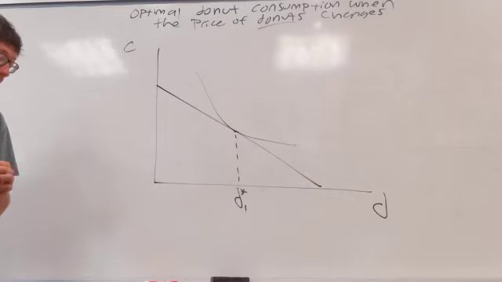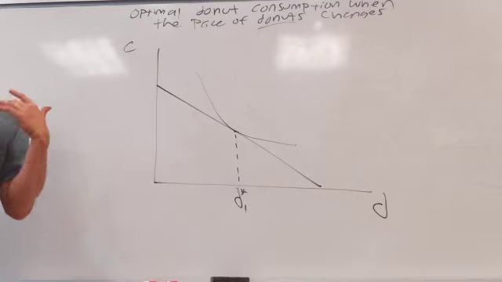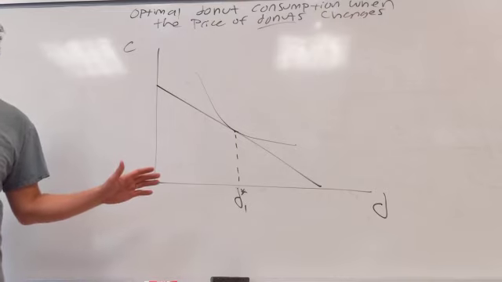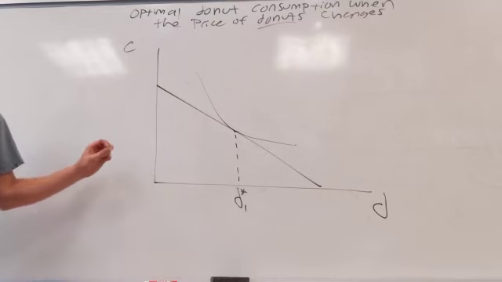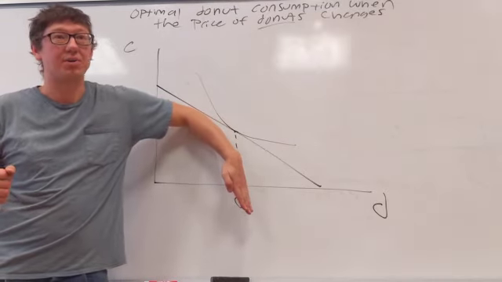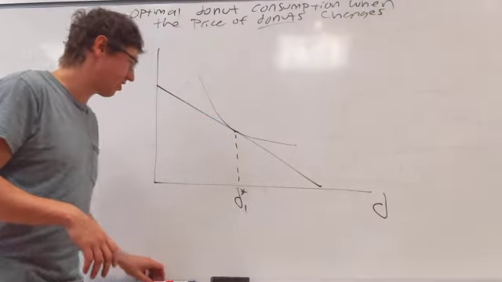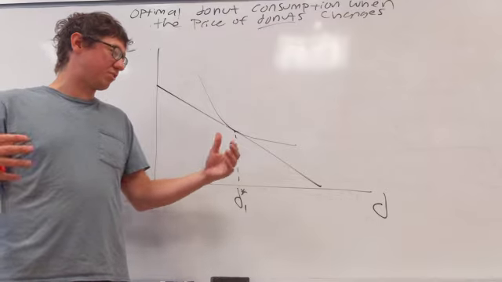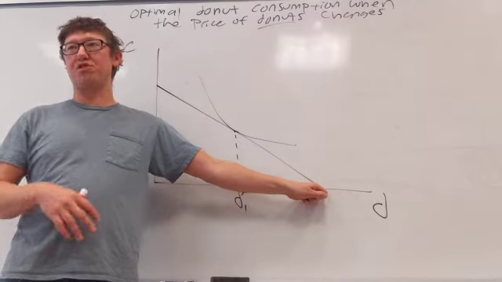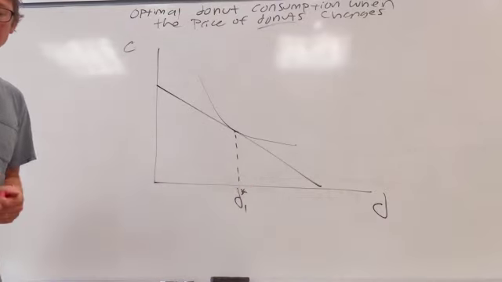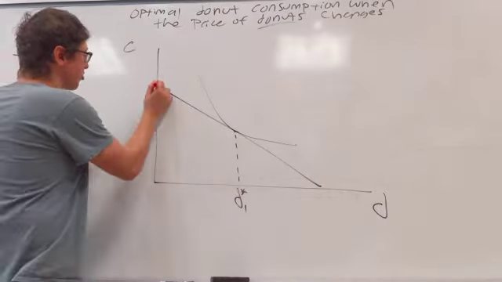Okay, and then say the price of donuts goes up. How does the diagram change? It's going to change the slope of the budget constraint. In particular, it's going to pull this intercept inward, so it'll get steeper. Another way of saying that is if you spend all your money on donuts when they were relatively cheap, you could have bought this many. After the price goes up, if you spend all your money on donuts, you can only buy this many. So this intercept will go in. You have a new budget constraint like this.